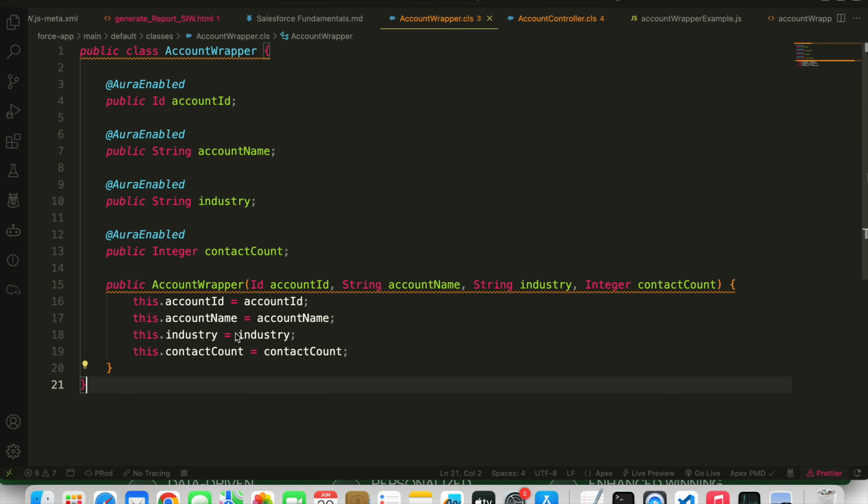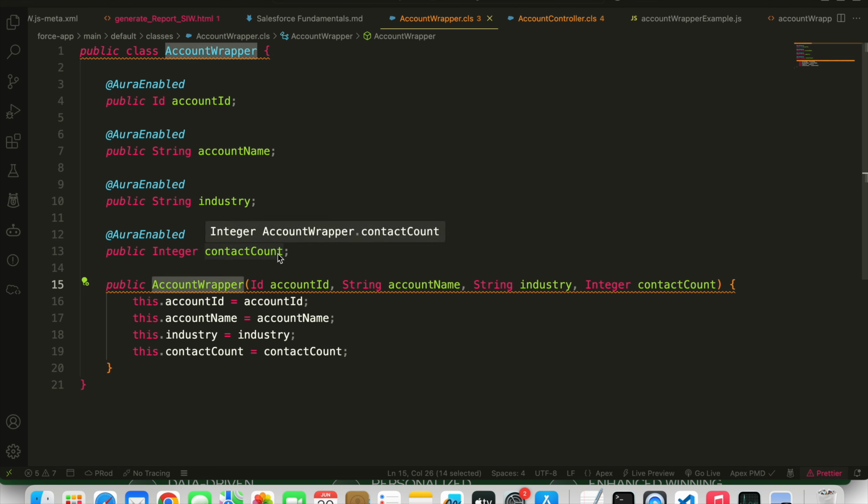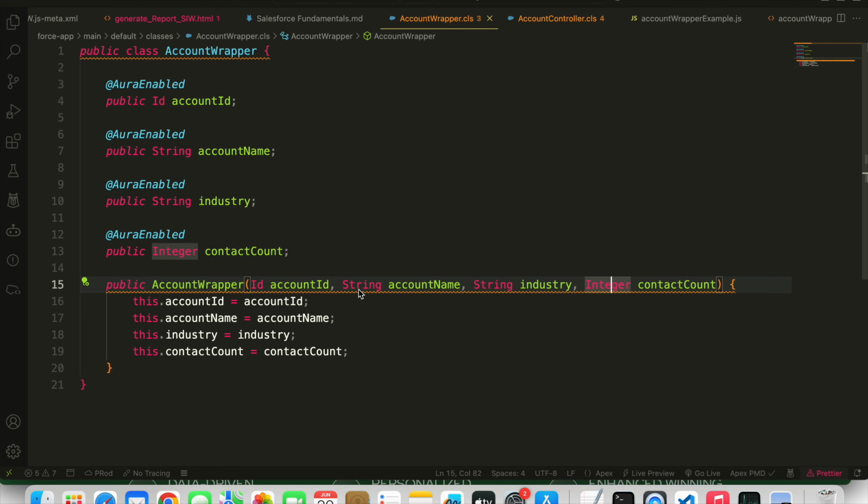And here this is the constructor. This is a parameterized constructor. In this we are passing the account id, account name, industry, and contact count, and we have declared the data types along with them, like integer, string, and id. Now when the wrapper is called, this constructor will load first, and when this constructor loads, it will load